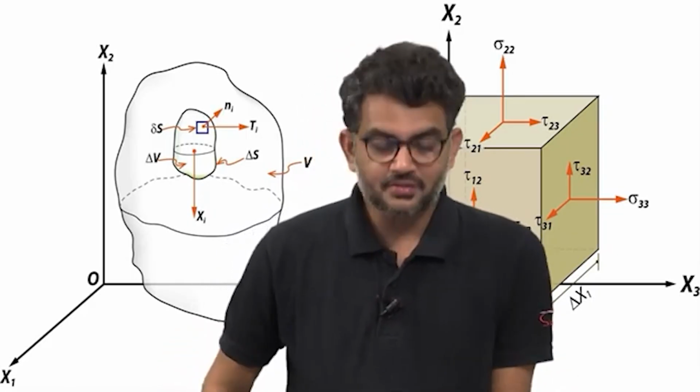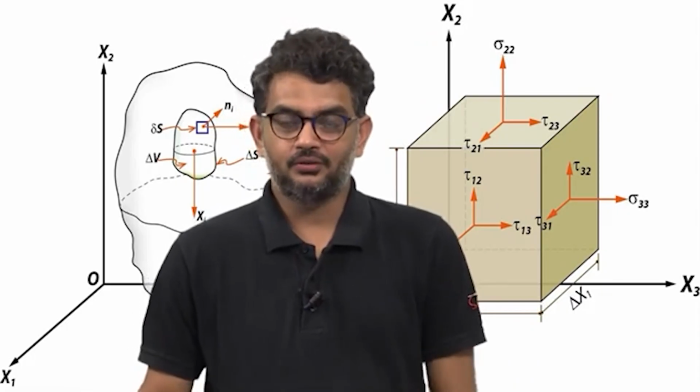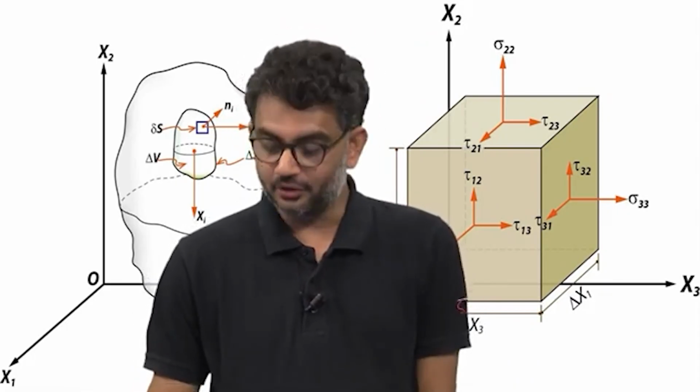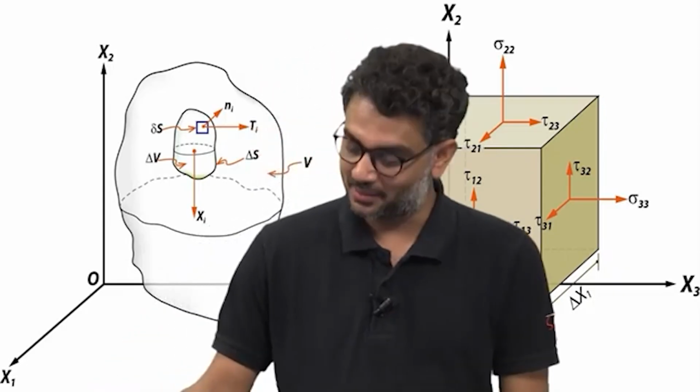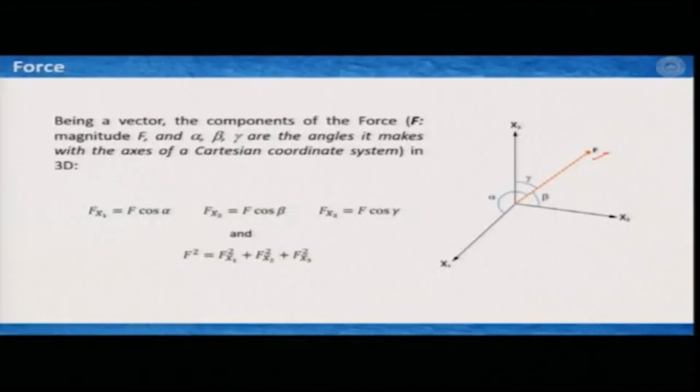Now, because force is a vector, you can represent it through a coordinate system in 2 dimensions and 3 dimensions, I am sorry. So, what you see here in this illustration is a force at a point being applied in this direction to the center of this coordinate system x1, x2 and x3, and we can resolve this force vector into 3 different components acting parallel to x1, x2 and x3.